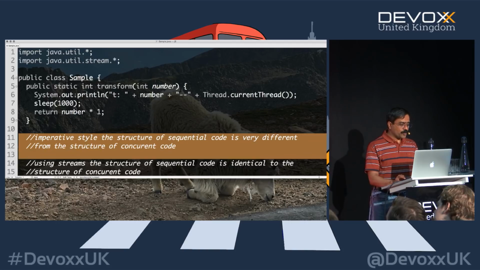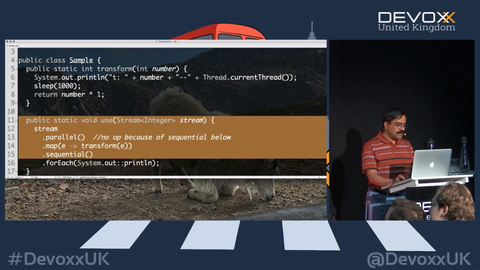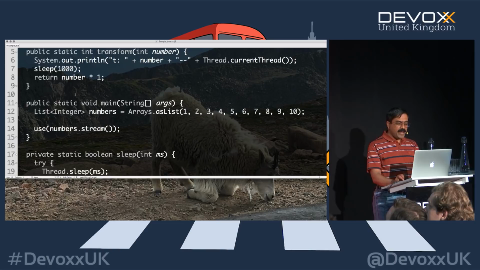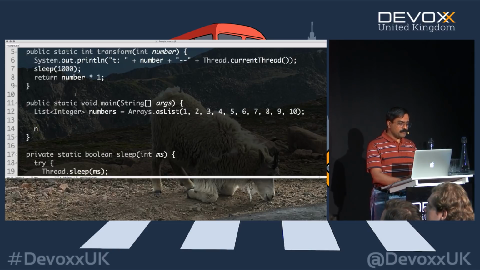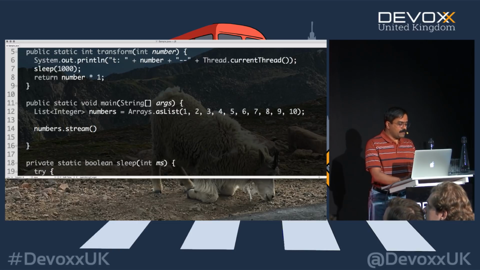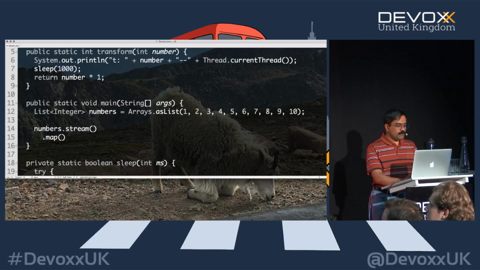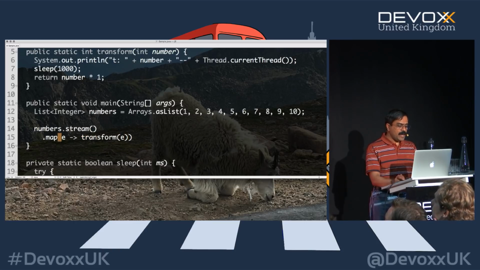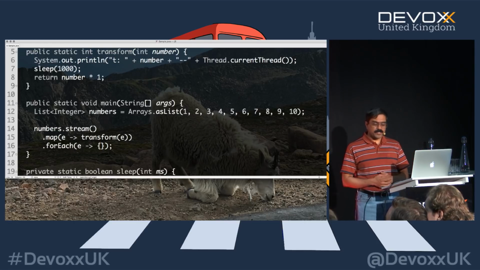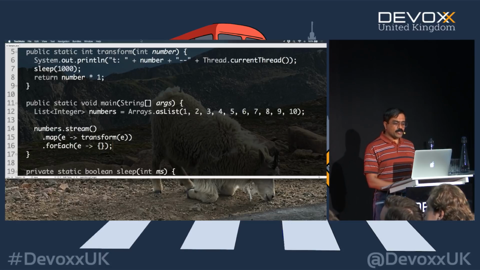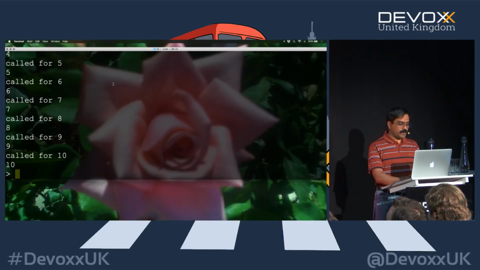Now, in this case, of course, we have the transform method that's displaying this particular data. Now, in the main, of course, let's go ahead and use the stream itself. We'll say stream and then dot map, and we will simply take the element and call transform, and then we will pass that to the element. Then we'll say for each, and within this we'll take an element, we'll simply throw it away, not do anything. So this is a sequential execution as you see it, but I'm going to print the thread of execution that is going to run this particular piece of code.